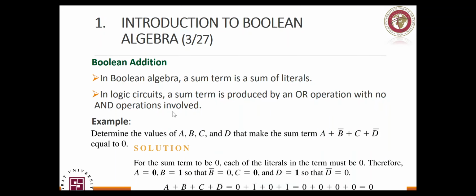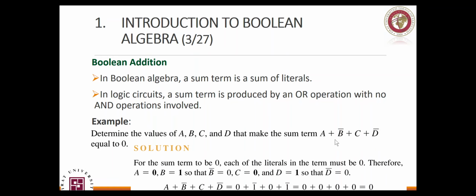Let's take a simple example about OR operations. Let's say we have determined the values of A, B, C, and D that make the sum term A or B bar or C or D bar equal to 0. Now, ORing these variables or their complements, it doesn't matter, will be 0 only if all these terms